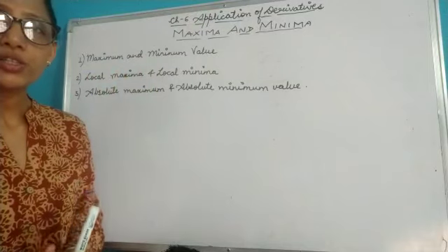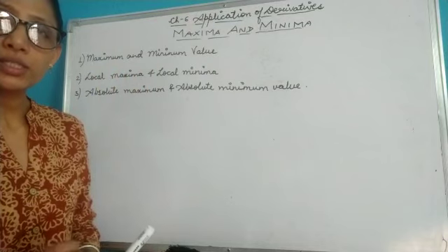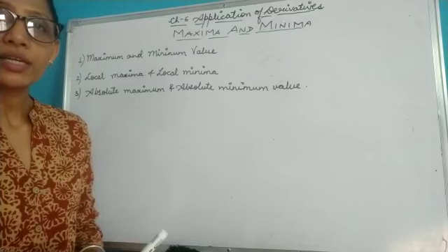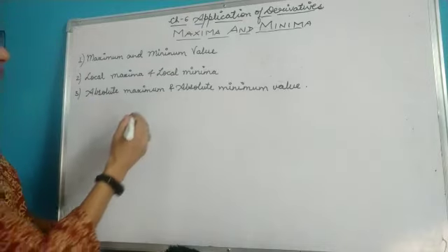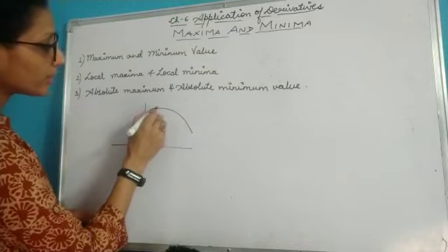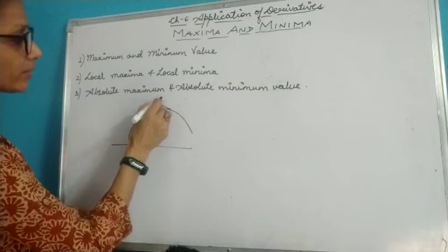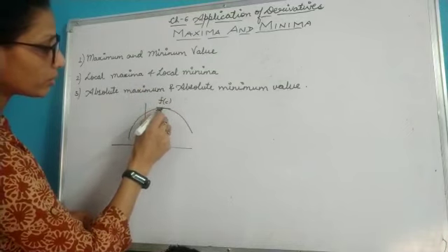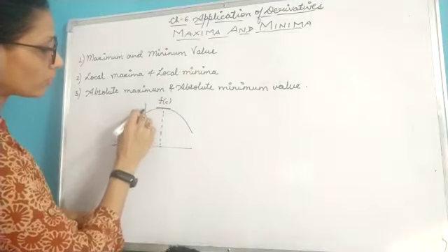Children, if a function is defined on a certain interval, then there will exist a point C in the function where the graph will attain a maximum or a minimum value. Let's see this by an example. Let's suppose I am having a curve like this. Now, there is a point C on the interval I where the function is defined. So let's suppose this is the point C lying over here and this is the curve of the function